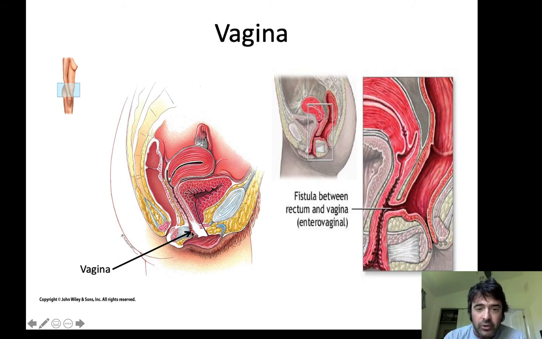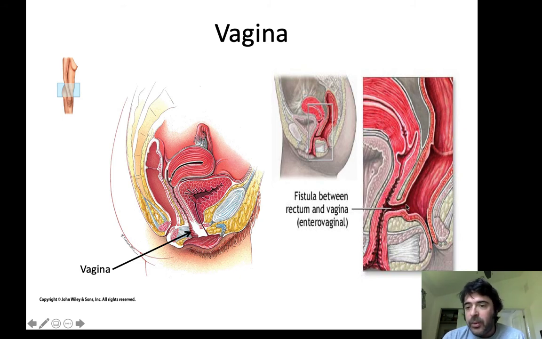So when you have menstruation, you can't really control when it comes out because there's no sphincter preventing the movement of that endometrial tissue out of the vaginal canal. Now, the vaginal canal is a very important structure, notably during childbirth. And during childbirth, especially if you have a complicated childbirth or a problem with your childbirth, right, sometimes